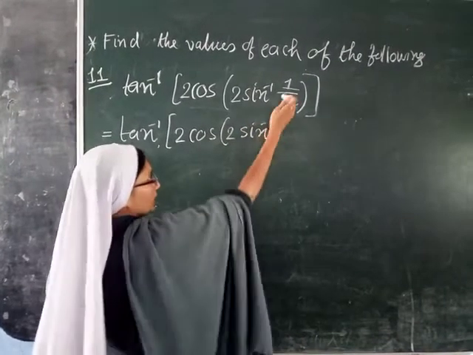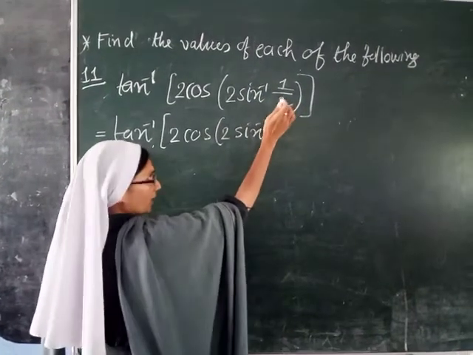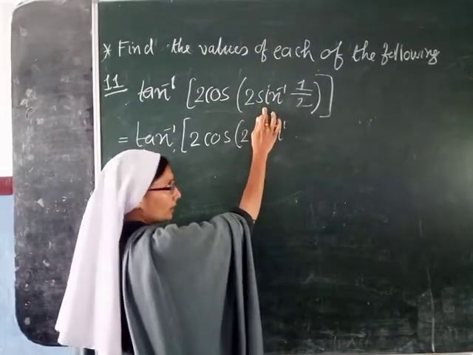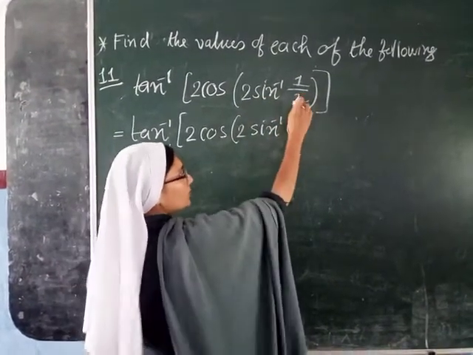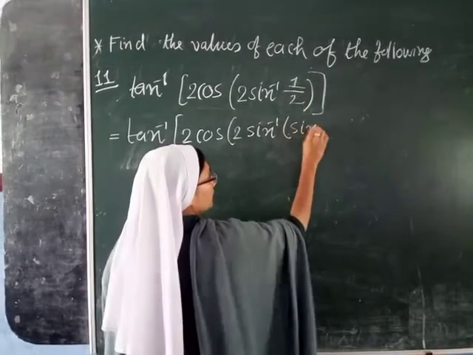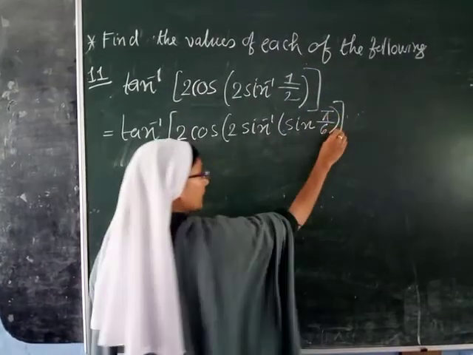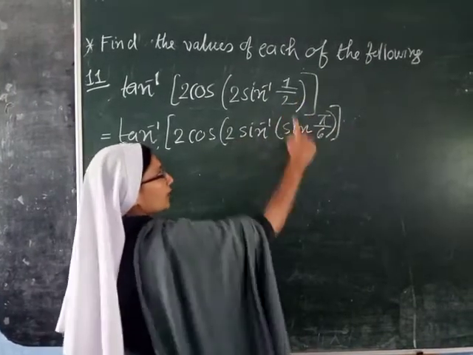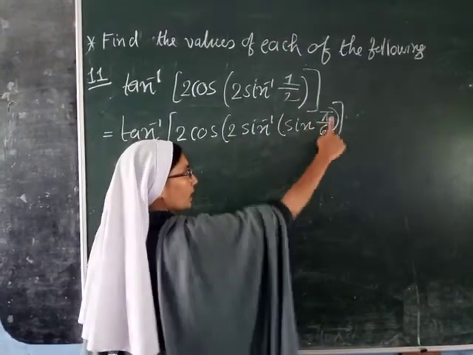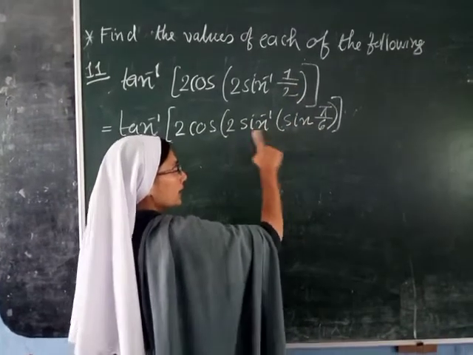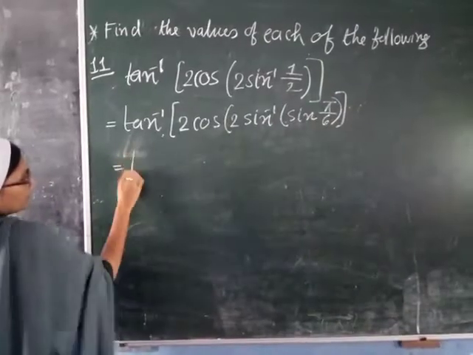Now this is sin inverse here, so I need to write the value of sin, which is 1 by 2. Then only the sin inverse will come. So I will write the value which is 1 by 2 for sin, that is sin pi by 6. Okay, sin 30 is 1 by 2. So I write the values for sin pi by 6, that is 1 by 2. So 1 by 2 is sin pi by 6. So now I'll cut sin inverse and sin.